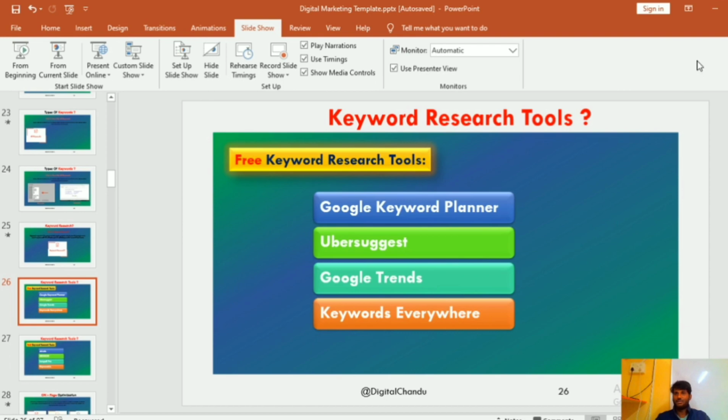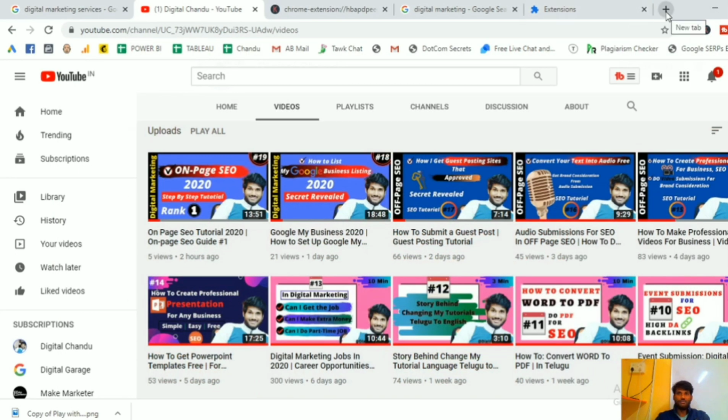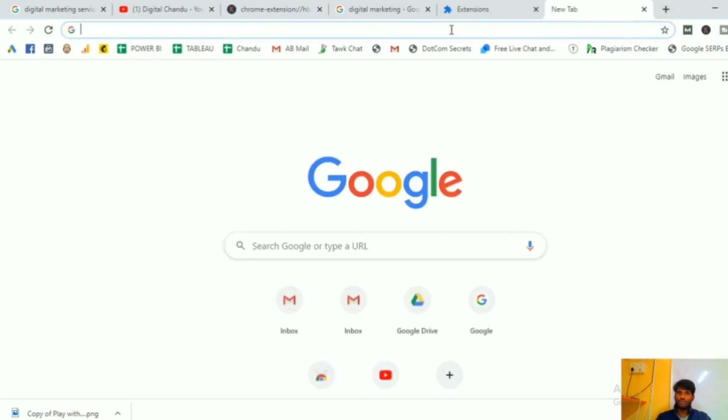Keywords Everywhere is now a paid one. You people don't get the results from Keywords Everywhere with the free version. So the reason is I am going to show you my secret tool, which will show you results in front of you. First I am going to show you Keywords Everywhere, and this is an extension, guys, and